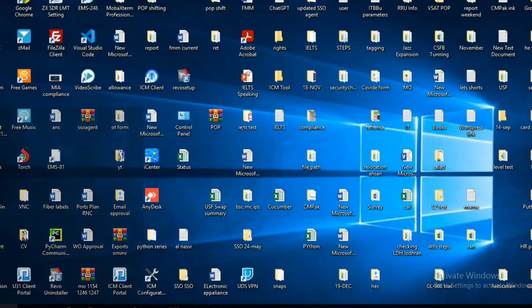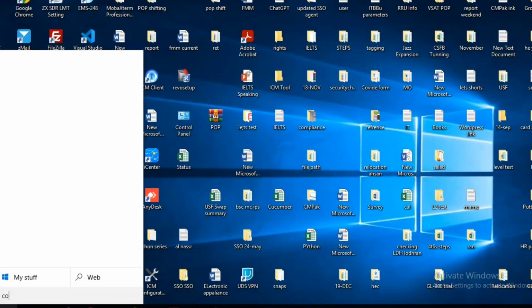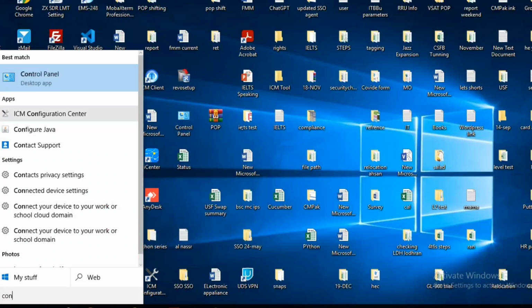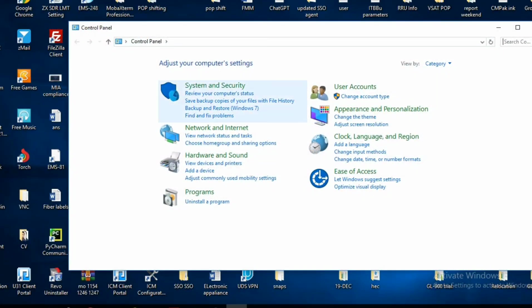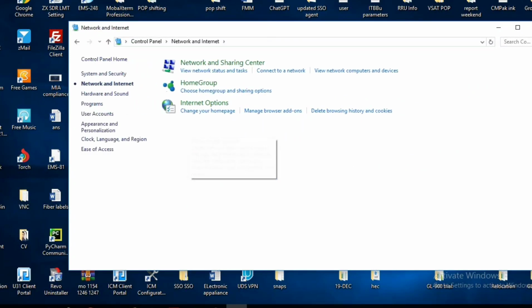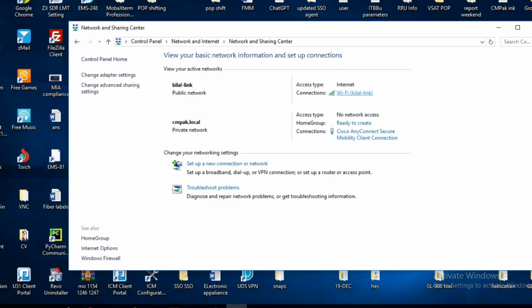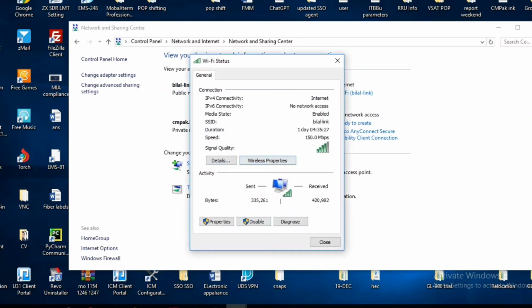So just go to the start menu, type control panel, come here to network and internet, go to network and sharing center. Here you will find the Wi-Fi which is connected right now. Click on it, go to wireless properties